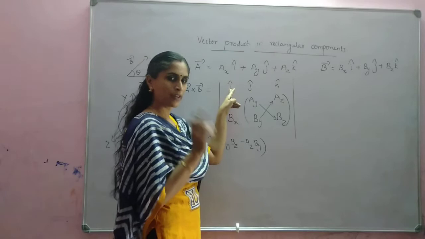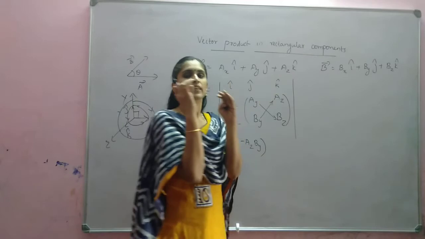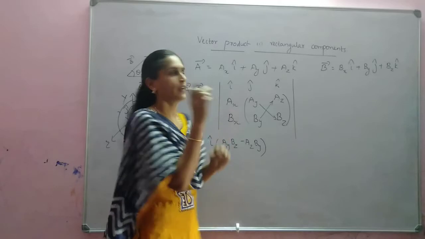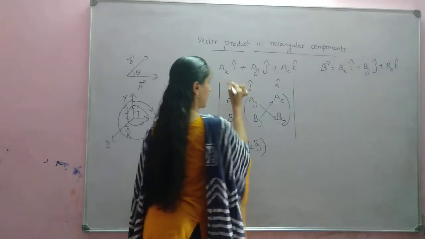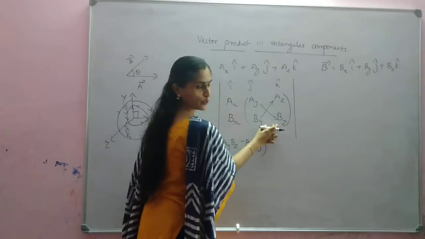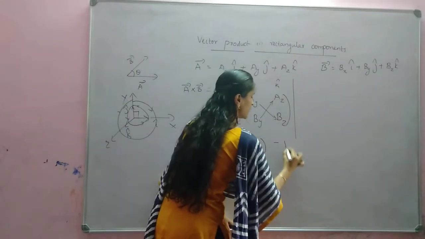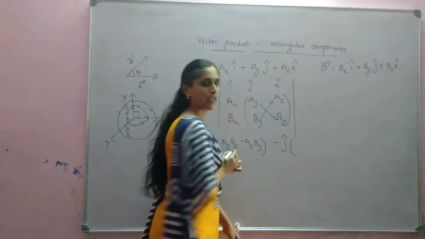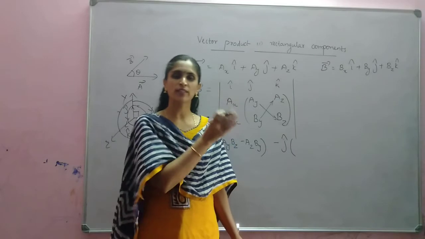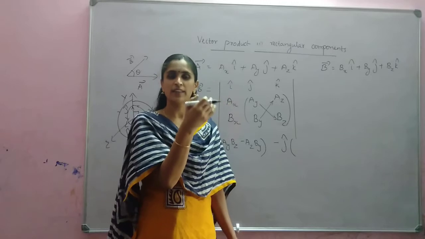When we are taking i, the row containing that element and the column containing that element should be avoided. So no need to bother about this and this. Now only this part is left. Here we have to do Ay into Bz minus Az into By. For the next term, we have to take it as negative. Alternate positive and negative we have to take. There is a rule why we take alternate positive and negative, everything is there in maths. But presently, if we discuss it, even one period, half an hour, is not sufficient.